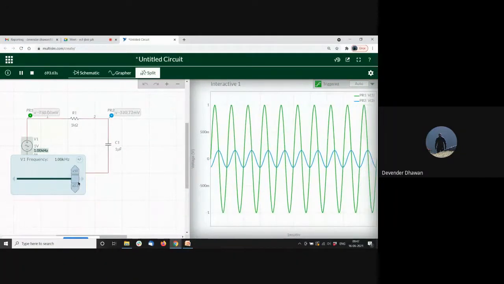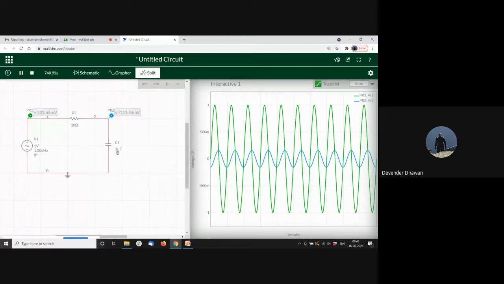But generally what we do in the lab, this is not how we plot the low pass filter. How do we do this experiment in lab? Can anyone tell me? We have to keep the input's amplitude constant and find out the output voltage, and then keep on increasing in steps the input frequency, and then we can find out the output for different input frequencies. Exactly. So that is how we plot the amplitude of the output against frequency.